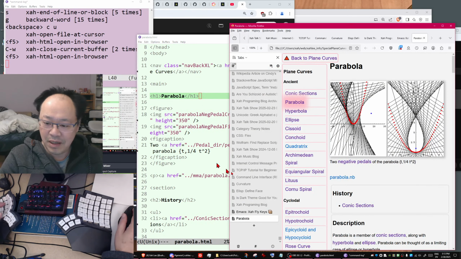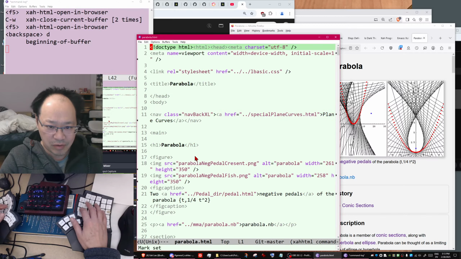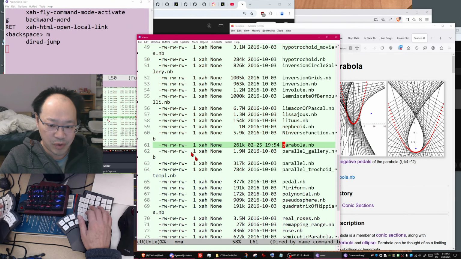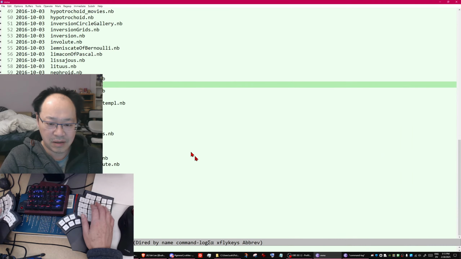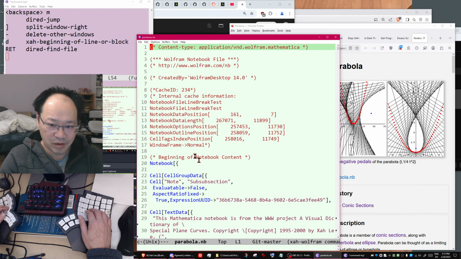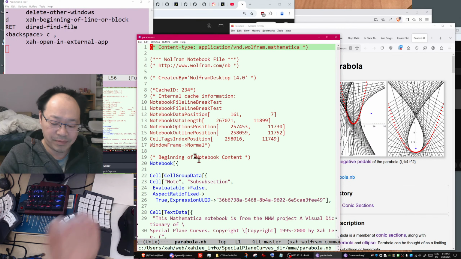So this would be of interest to programmers, okay? But today we're gonna do this Wolfram language. So go to the top, .nb. Open the Wolfram language notebook. This is the notebook, parabola, open it. This is the source code of the notebook. Now open Wolfram language.